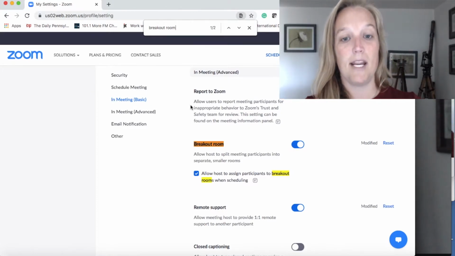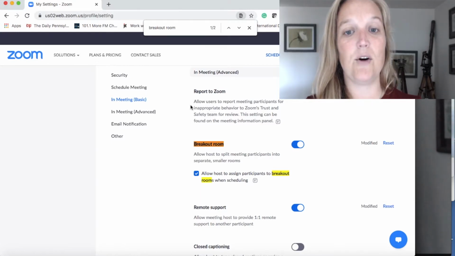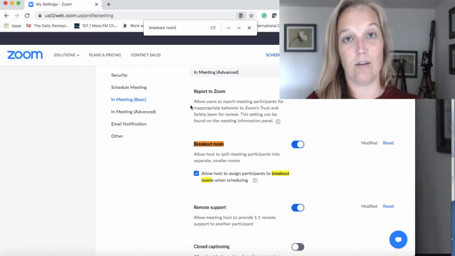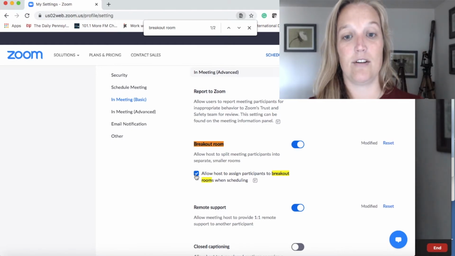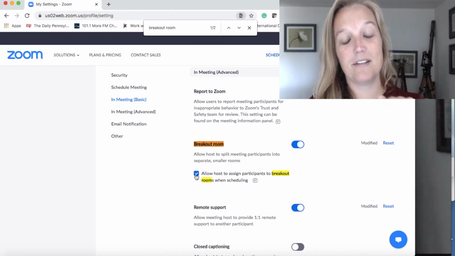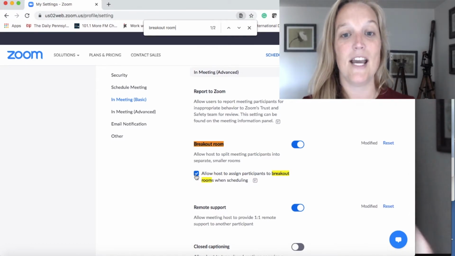And then you need to make sure that this is checked. Allow hosts to assign participants to breakout rooms when scheduling. So if you are not seeing any of those earlier steps, you need to go here to your settings and make sure it's checked. And here's the little Zoom helper that just says you have to have